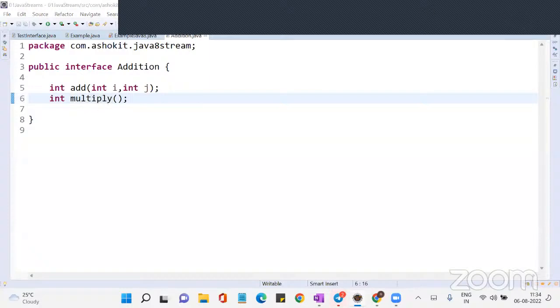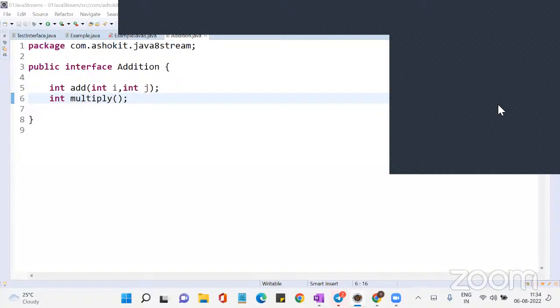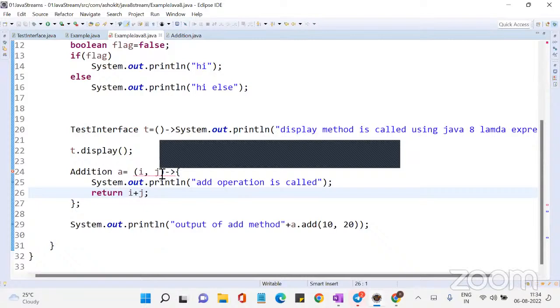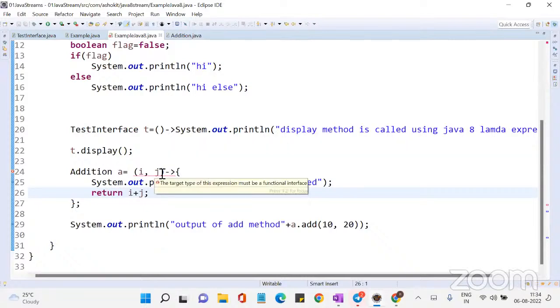Immediately, once I save it, look at the compilation error that has come in Example Java 8. Now what is it telling? The type of this expression must be a functional interface. Why are we getting a compilation error here? Because,